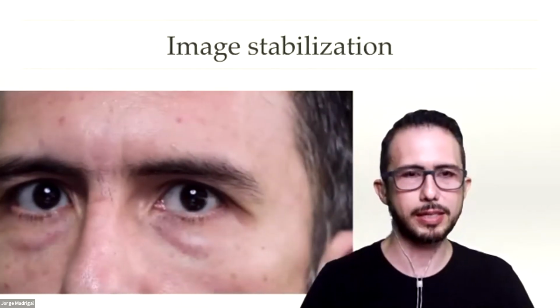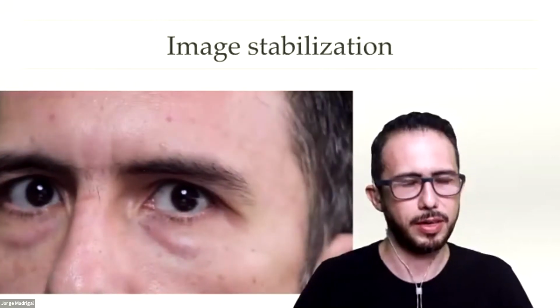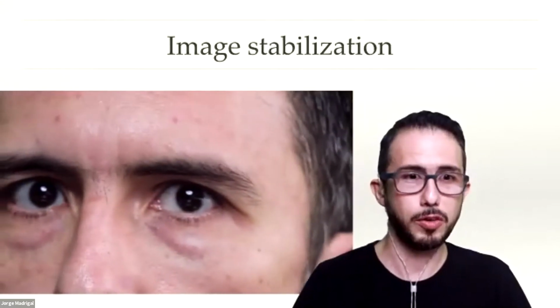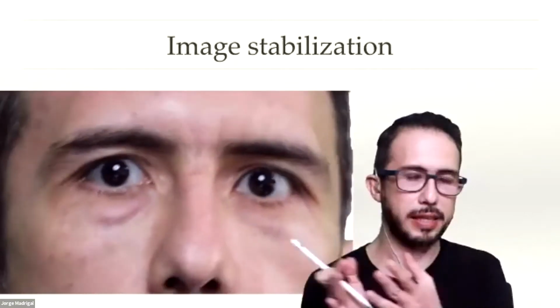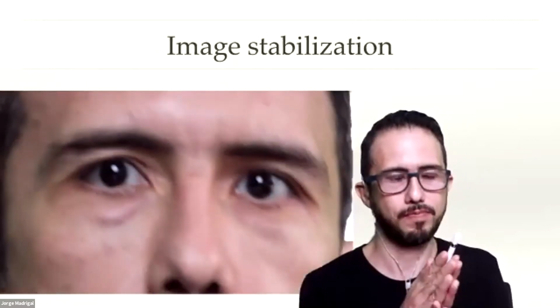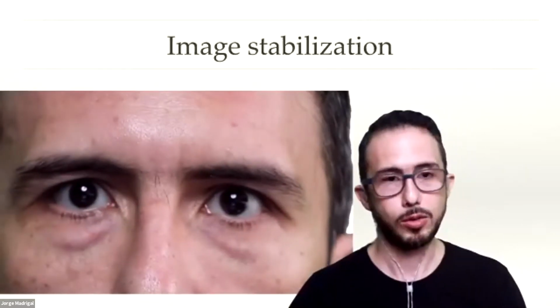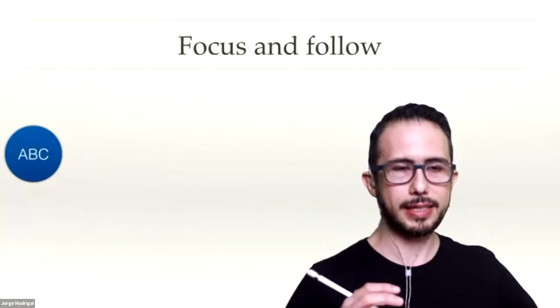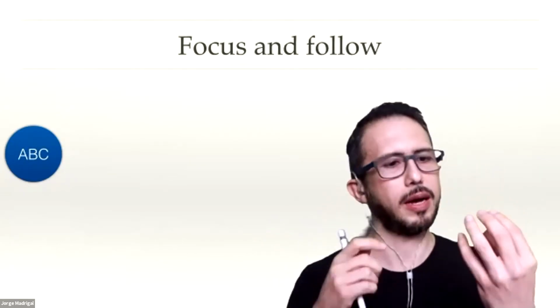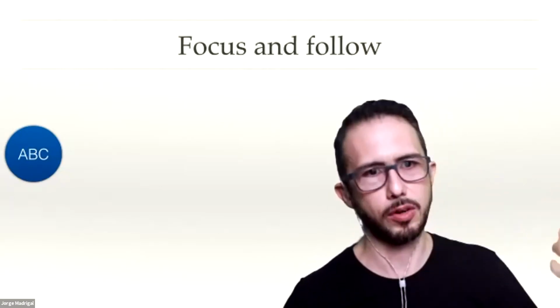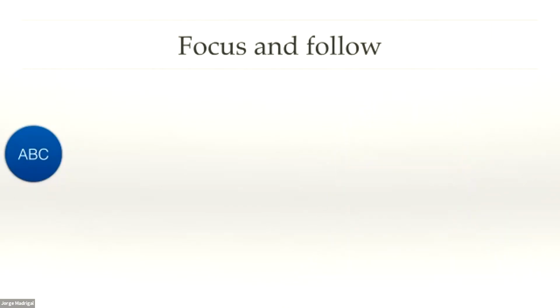In humans, we have a vestibulo-ocular reflex that mainly serves the same purpose. We can move our eyes in the opposite direction at the same time, with the same speed and the same arc of movement, to keep our image stable. And in this example, we can see how bad our vision is when an object is moving out of our fovea. If you see this blue dot with the ABC letters, and of course on your screen it is very clear,